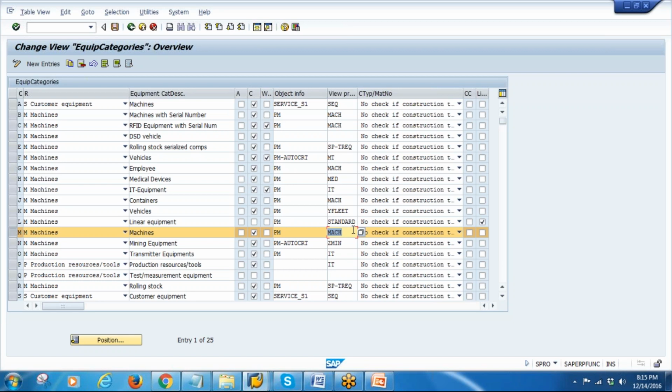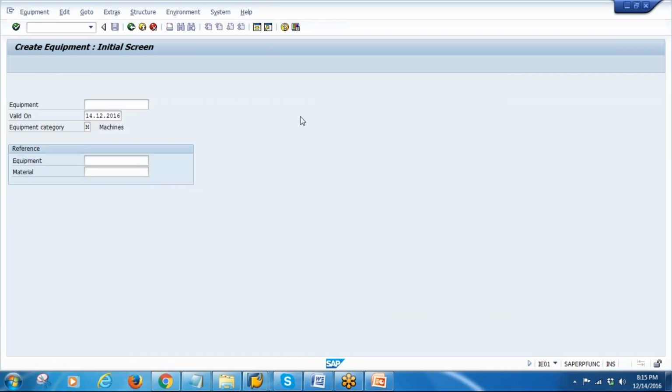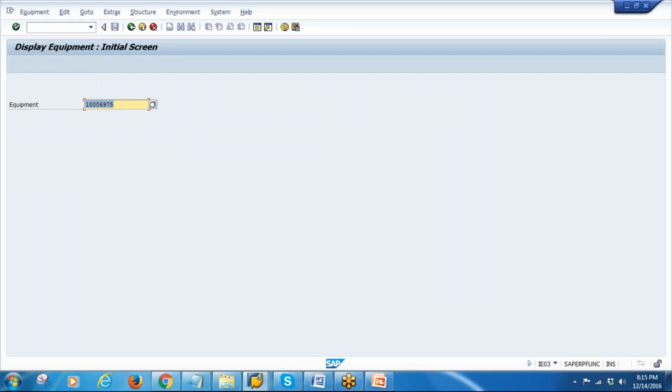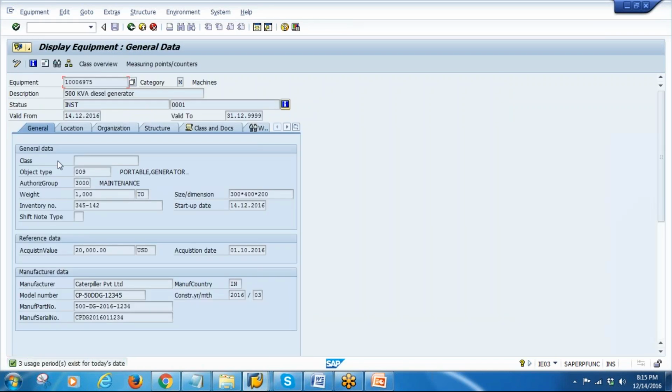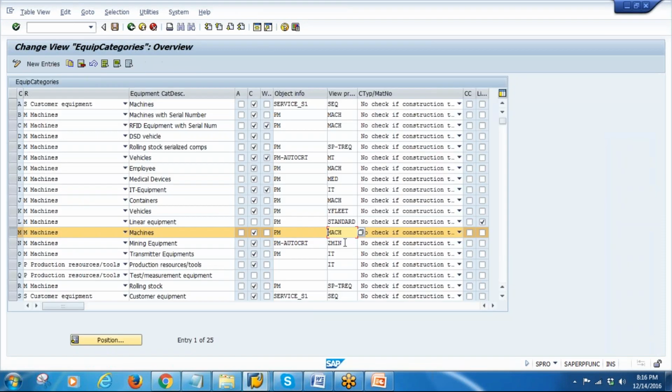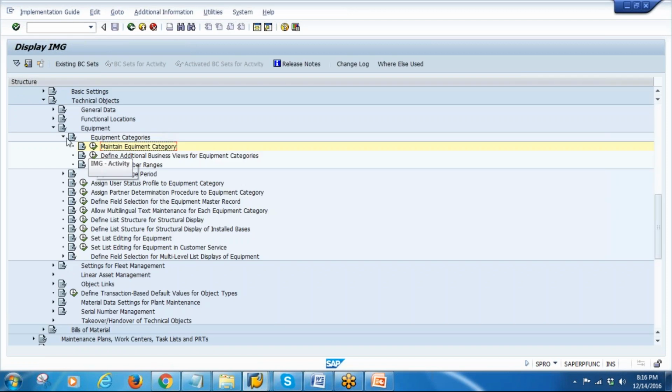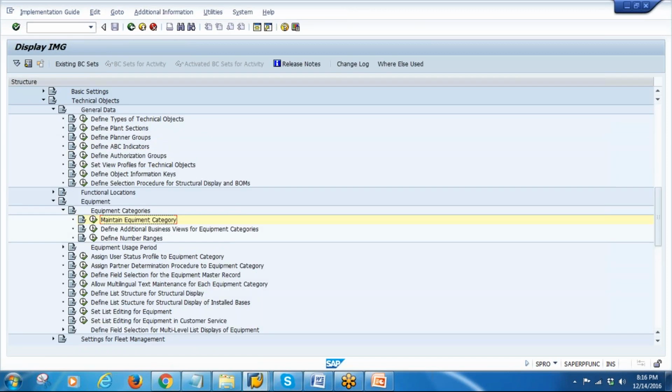Okay, so now this MACH profile, in the MACH profile you will be assigning all these tabs: general tab, location tab, same like yesterday's functional location. So we will go to this view profile, MACH, go to general data, go to set view profiles for technical objects. If you go here,